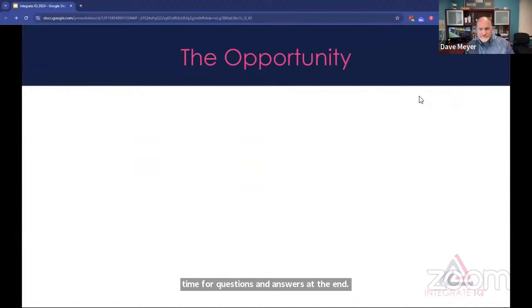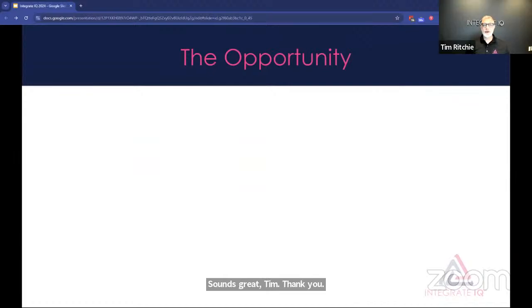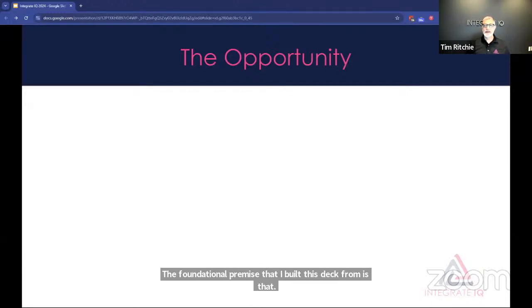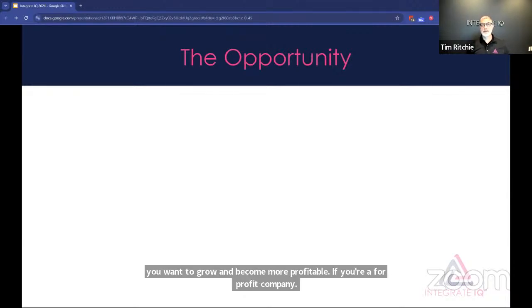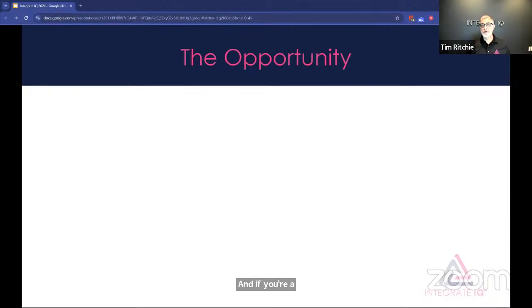All right. So the foundational premise that I built this deck from is that every business wants to grow, and you want to grow and become more profitable if you're a for-profit company. And if you're a nonprofit, you want to grow so that you can serve more of your audience. So that's the foundational premise here. And in my experience,